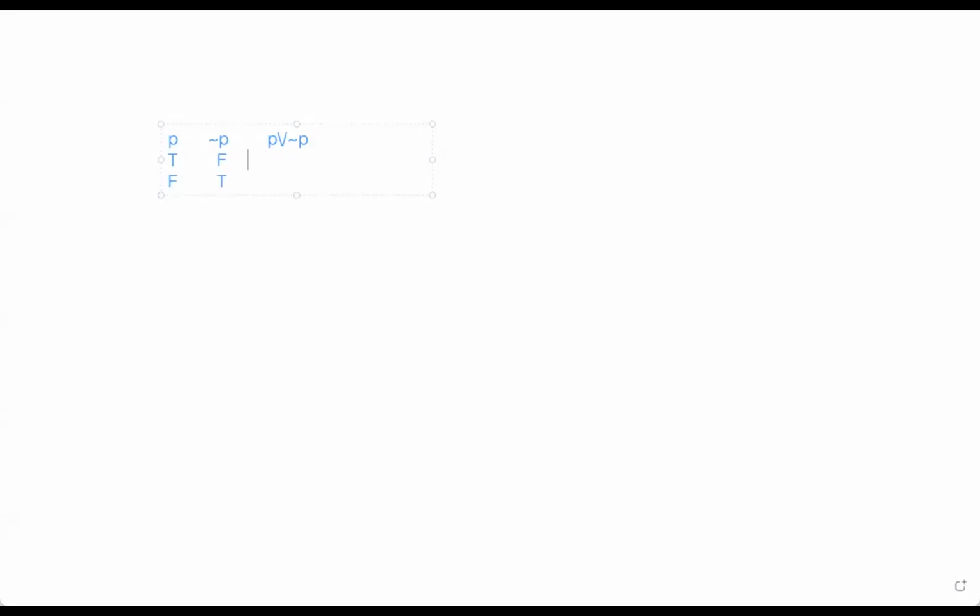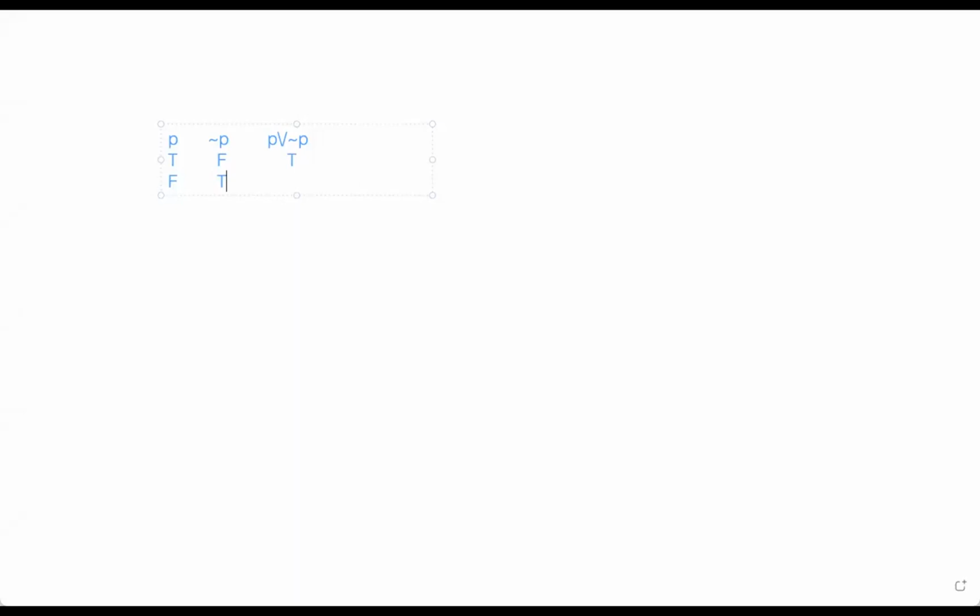And now what do we have for P or negation P? We have to take the OR operation between these two columns. That is true, false. OR operation will be, can anybody tell? One of the two propositions is true, so OR operation will be true.